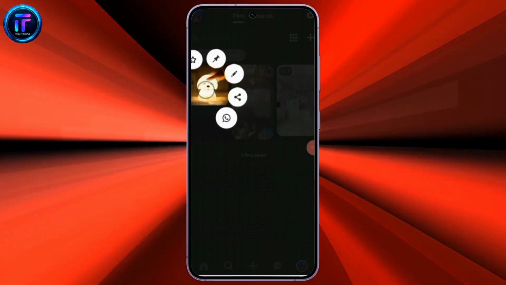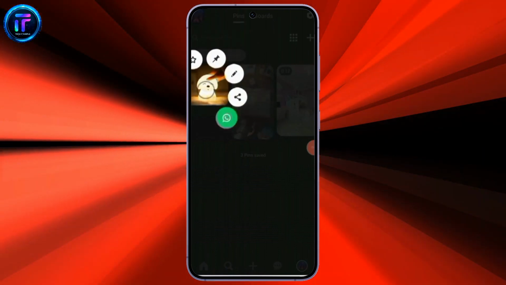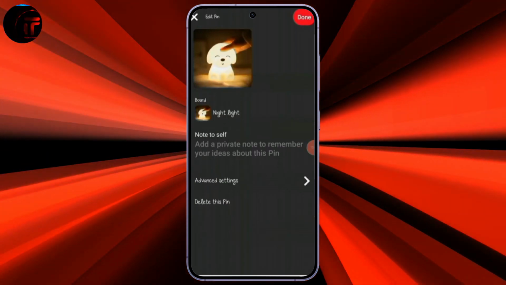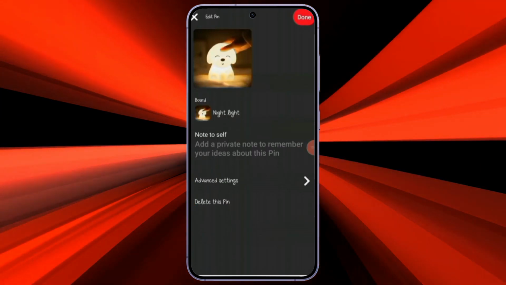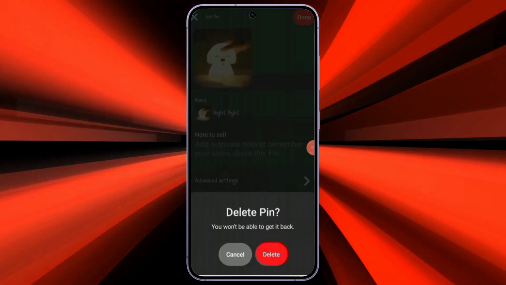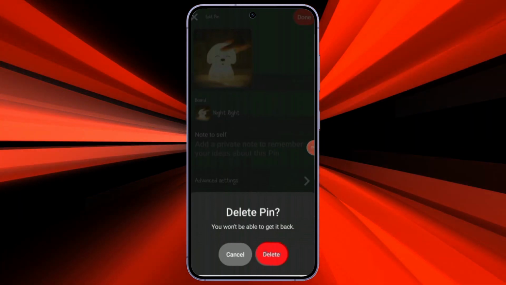Then, it will take you to this space. Here, you can see delete this pin. After clicking on it, it will ask you if you really want to delete it or not. Once you delete it, you won't be able to get it